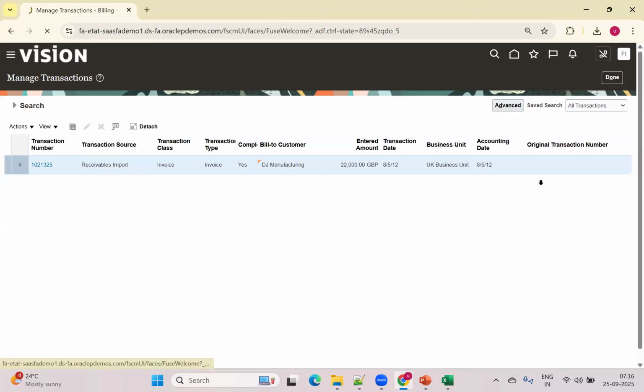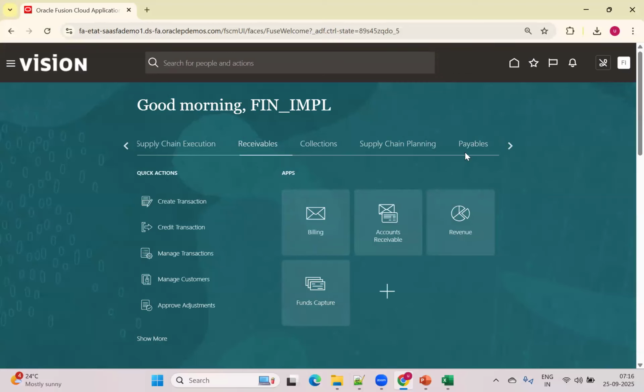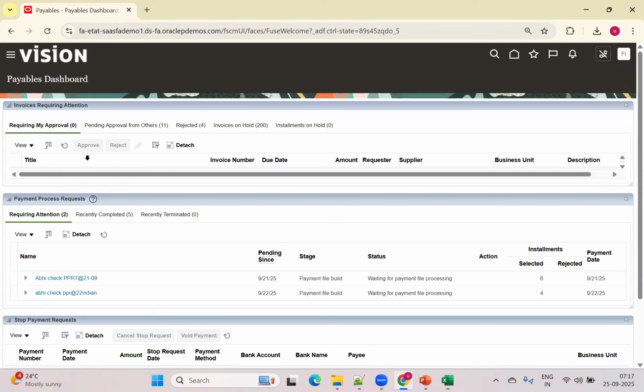So I have talked about the landing page, right? Each module has a different landing page. Okay, so if I go to receivables billing, we have a different landing page. And if I go to payables and click on this payables dashboard, for some of the modules we have a dashboard as the landing page. So if I click on dashboard, here it is showing the dashboard as the landing page, showing more information over here,